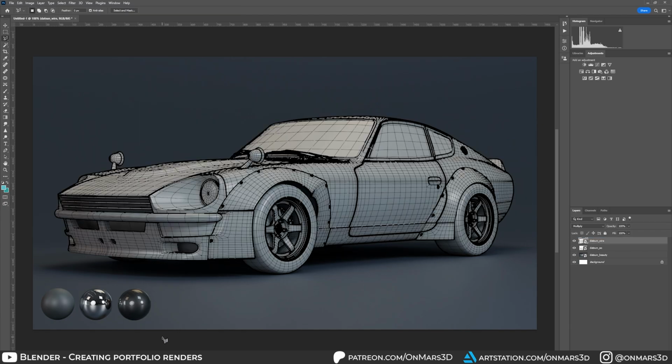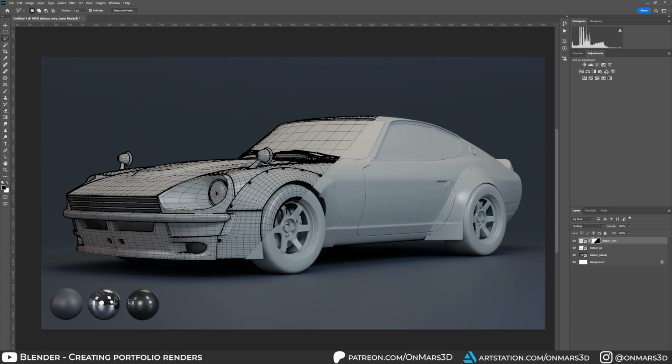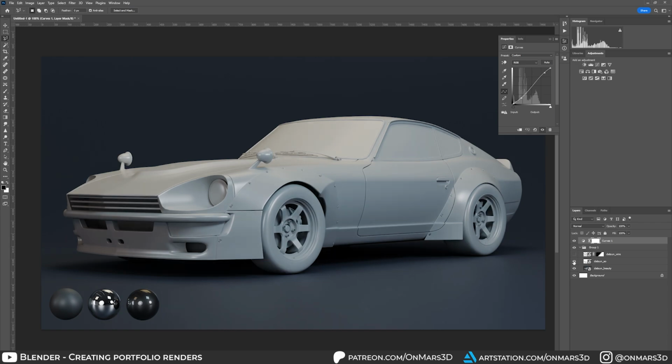This gives you complete control during the compositing phase. Now you can control the strength of the AO in post. You can also create nice masks for the wireframes, all using the renders you already created. This works great for animations and turntables too. This is what I use all the time when making nice clean renders for my models, whether it's for my